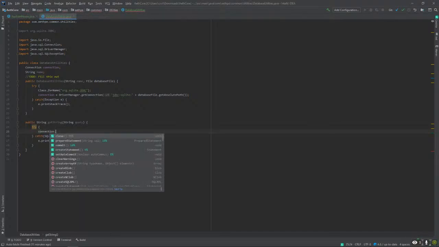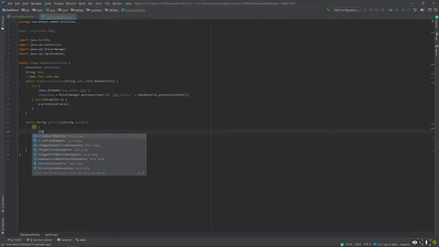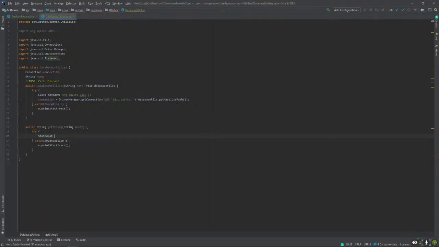So I need to do connection.create statement or prepare statement. Statement is equal to connection.create statement. I'm gonna call this just state. Yeah, state's a good name. And then I'm gonna do state.execute query, the query, which is gonna give me a result set.